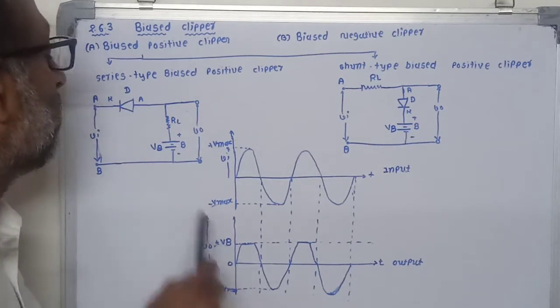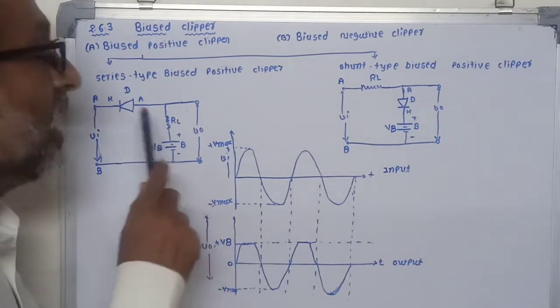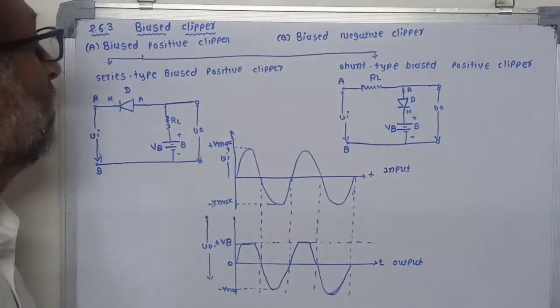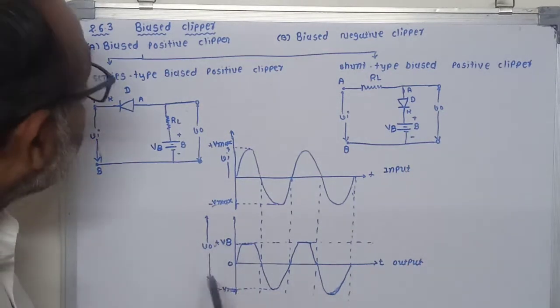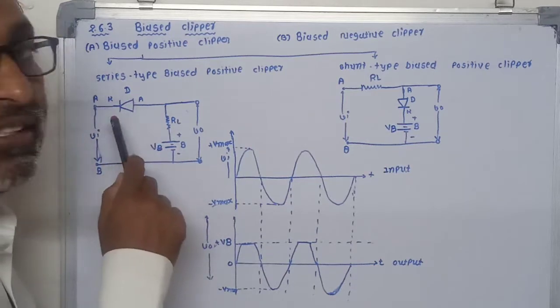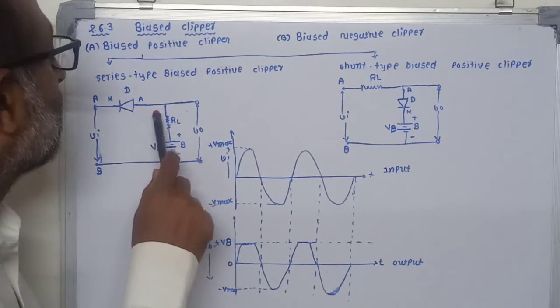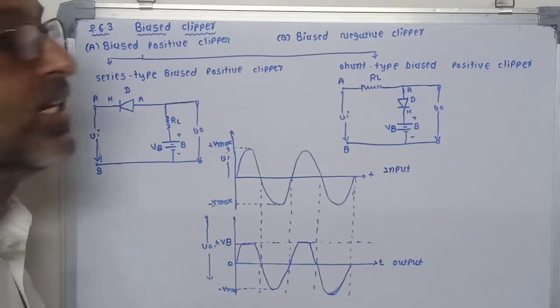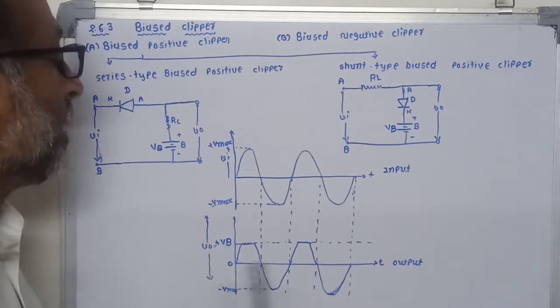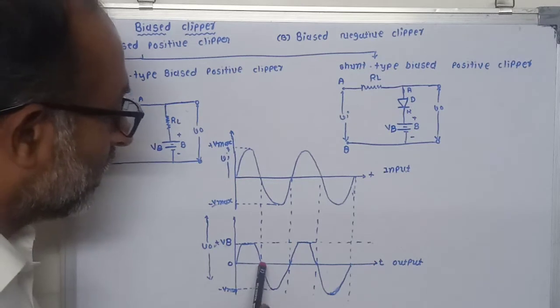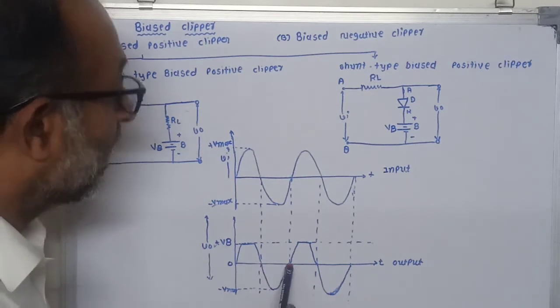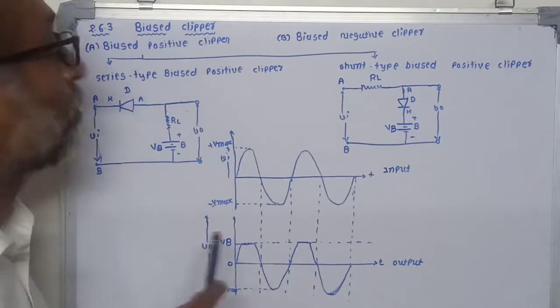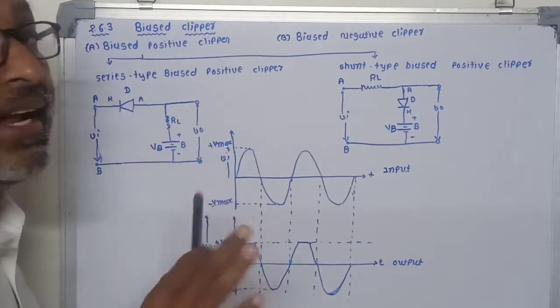So during this whole half cycle, the diode acts as a short circuit, and the current is passing through this load resistance and the diode, and your input signal is reflected or appears at the output. So you can see in this waveform you will get the whole negative half cycle at the output, because during this the diode acts as a